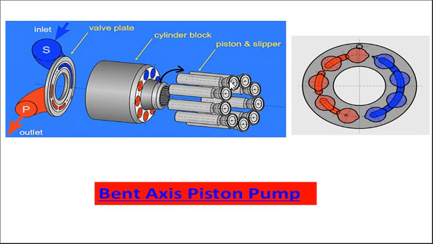It has an inherent advantage that its displacement can be easily controlled, because of which the power transmission has better control than a vane pump. That is why piston pumps are used. In this diagram you can see an array of pistons: 6 pistons are on the higher pressure side and 4 pistons are on the low pressure side. That will create a torque, and because of this it will rotate.